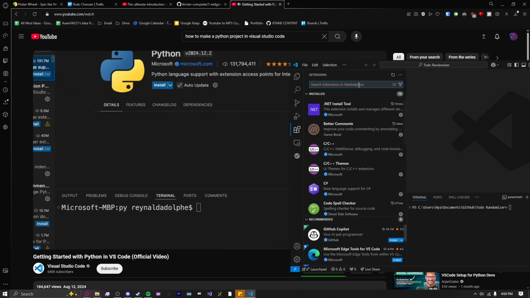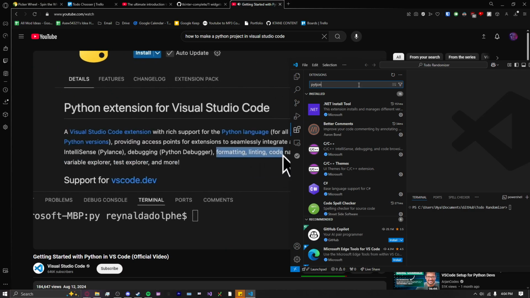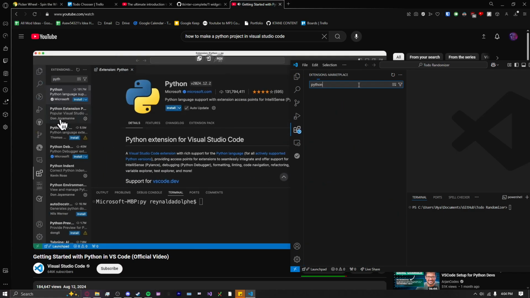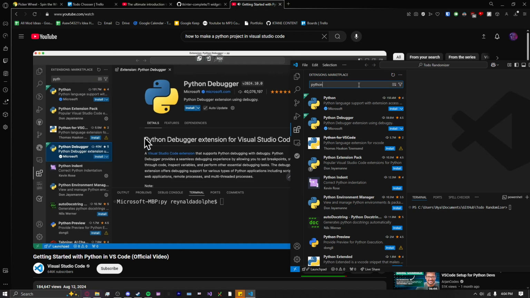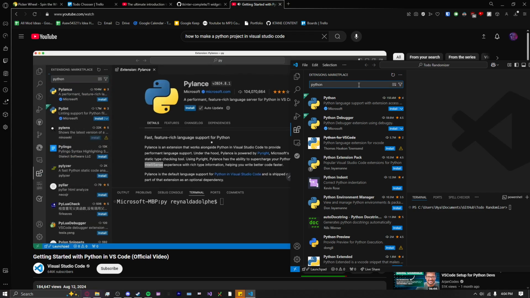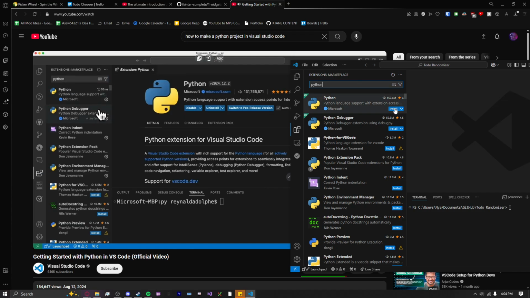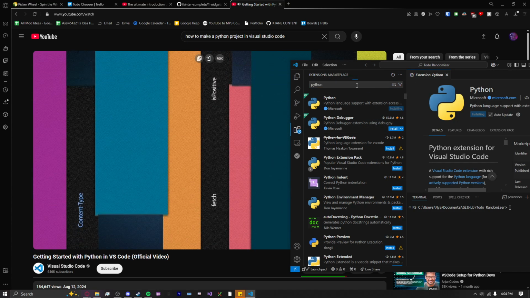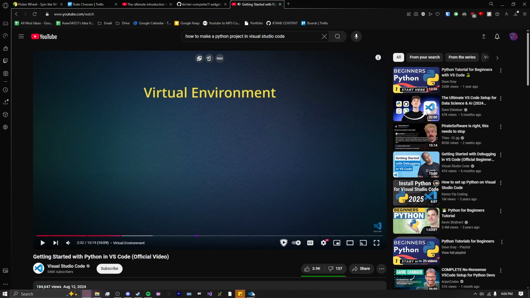But what if you want to do some fancy things like formatting, linting, and code navigation? That's when the Python extension comes into play. When you install it, it will also install the Python debugger for debugging Python code. In addition, it will include the extension for Pylance, which is essentially IntelliSense. So I'll go ahead and install the extension, and you can see the extensions for the debugger and Pylance are installed as well. The next thing that you want to do is create a virtual